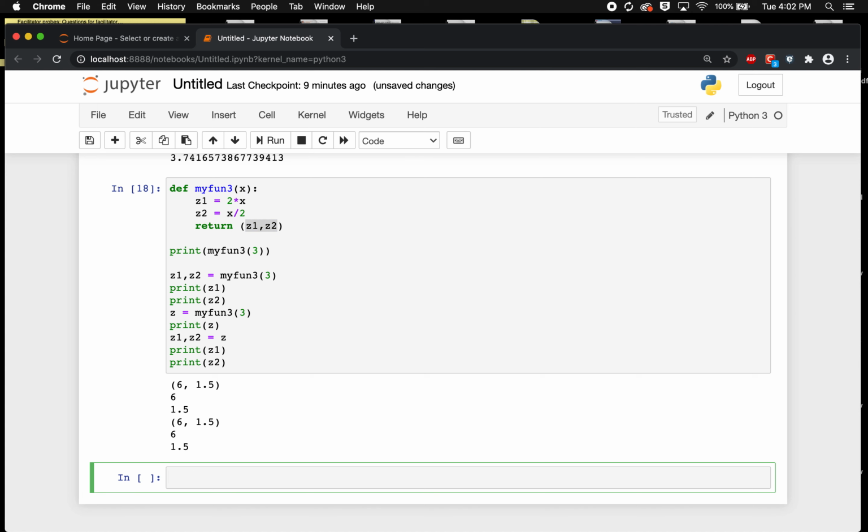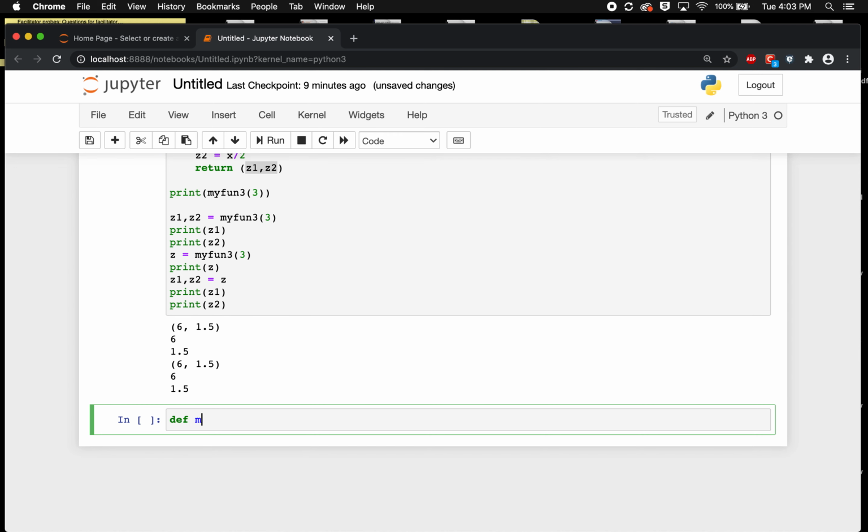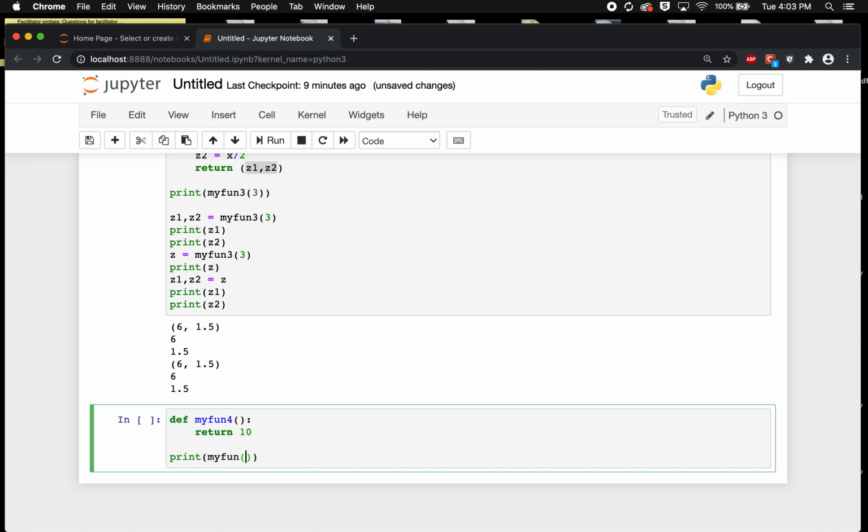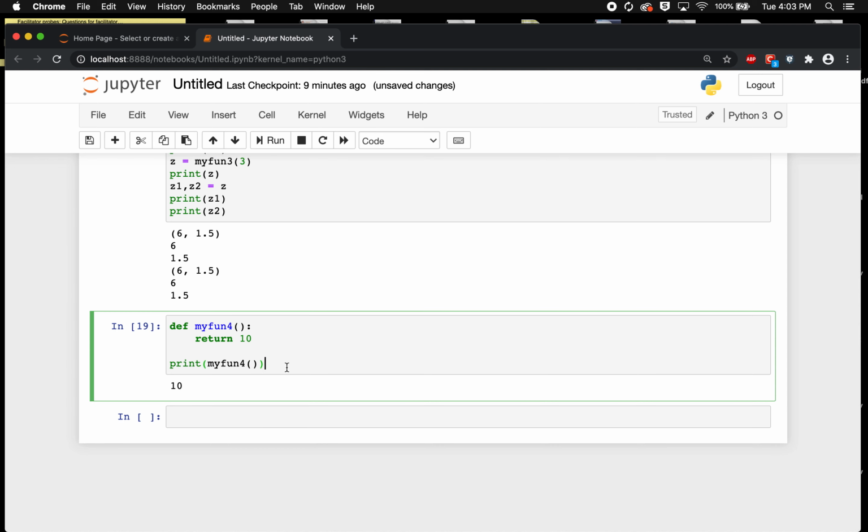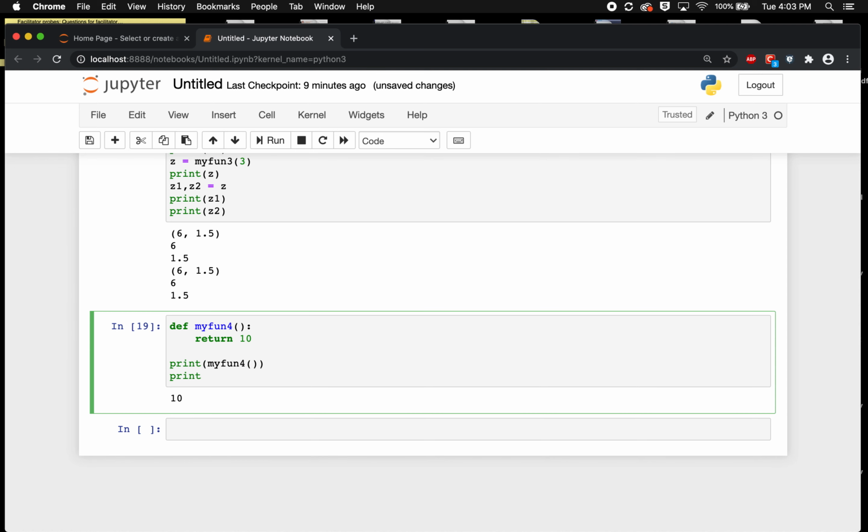Now we can also write a function which has basically no input argument. So here I have my input of 4. If I have no input argument, I just do empty parentheses, and maybe I'm just going to return the value of 10, right? And then if I type print my fun of 4, in this case I have to put the empty parentheses, right? That'll give me 10,